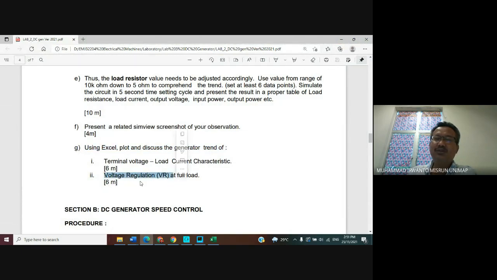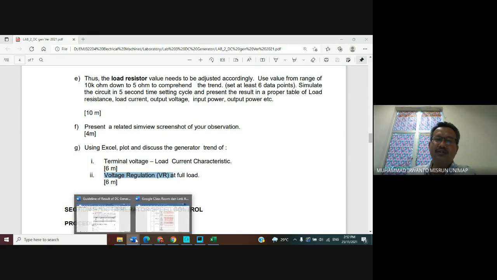It means we want to draw the curve of voltage regulation versus load current. For this case, you have to find the value of voltage regulation for each change of load resistance.